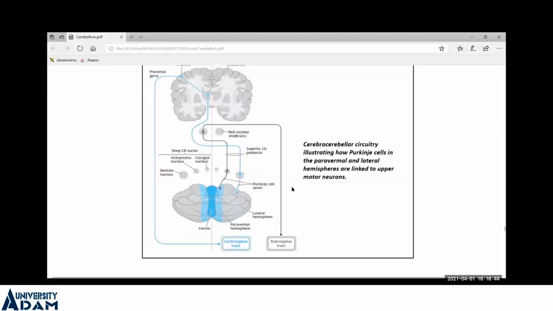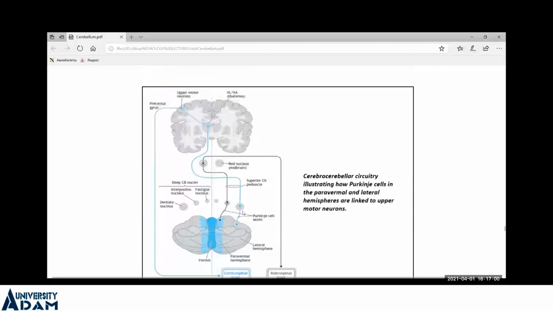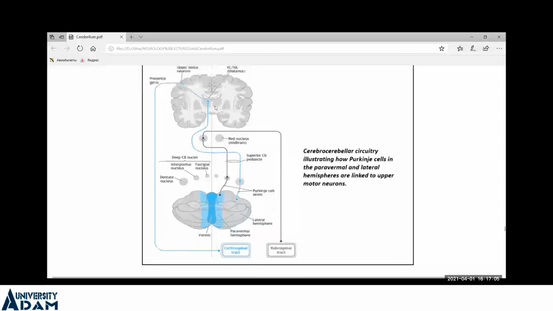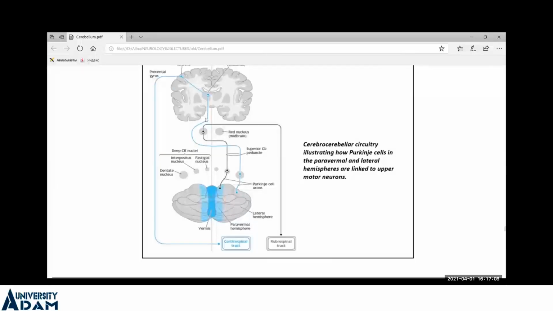One minute, okay? So, as you can see, guys, I told you why Purkinje cells are very important, because they are linked to upper motor neurons, okay? So, as you can see, we have here the corticospinal tract or pyramidal tract, right? And the pyramidal tract starts in the upper motor neurons, right? After that, it goes to the internal capsule, okay, through these structures. After that it decussates and goes through the structures, okay? And the Purkinje fibers